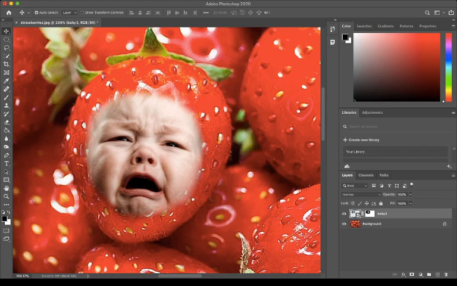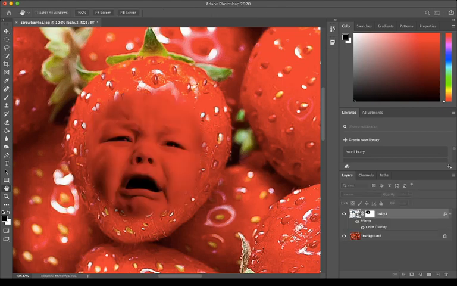I'm going to once again come down to the bottom. Next to the layer mask, you will see that there is an icon that says FX. In Photopea, I believe it says EFF. That also stands for effects. So I'm going to click that. I'm going to go to Color Overlay. Alright, so Color Overlay is going to apply a color